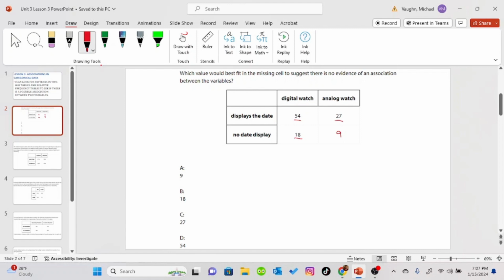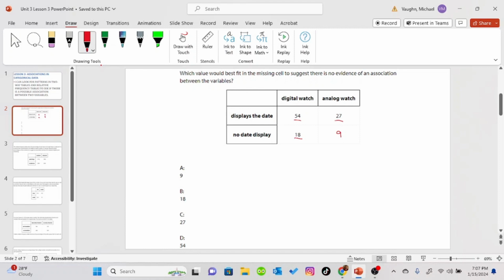So if these proportions were the same, then 27 should be 3 times 9, and it is. So by putting 9 in this missing box, we get similar proportions regardless of which way we compare the data,